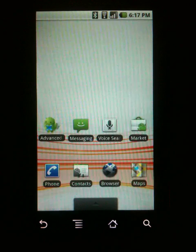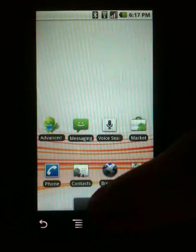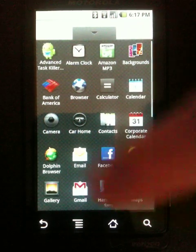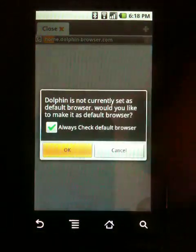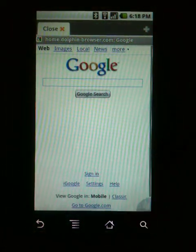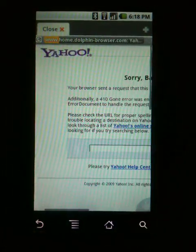The next one I wanted to go over was the Dolphin Browser. If you haven't seen this one yet, basically it's the same thing as your web browser as before. It just gives you the ability to pinch and zoom on whatever you want to do. So for instance, if we were to go into Classic here,